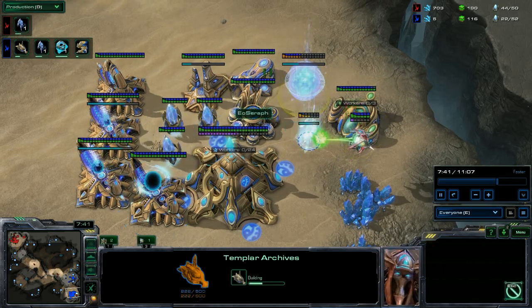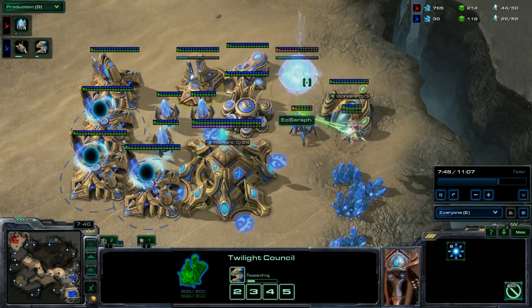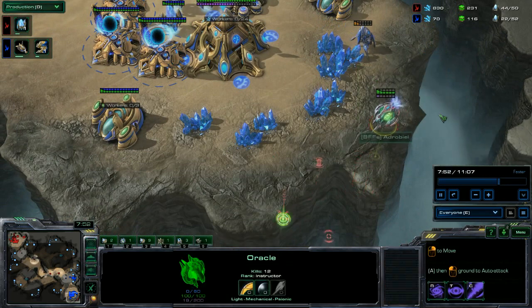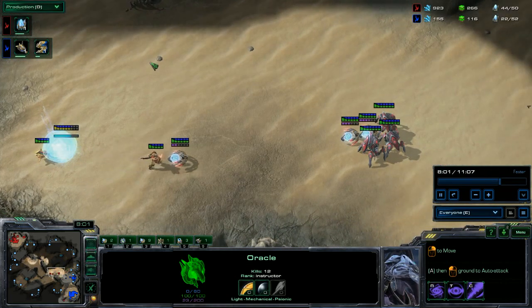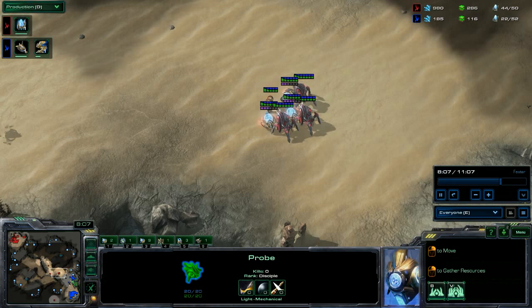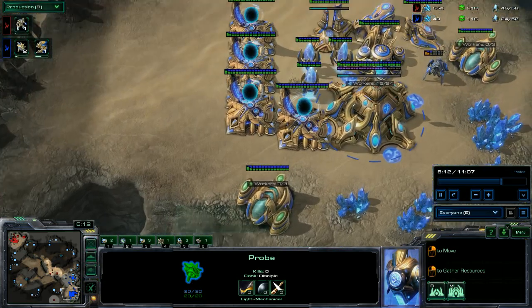And this is where I see he's going for a Templar Archives, which it looks like he's a bit unsure of what exactly he wants to do for a build. But being a bronze level, I can imagine it's fairly tough if you've only just started. So I start to put a proxy down here so I can move in on his base. I did notice that he